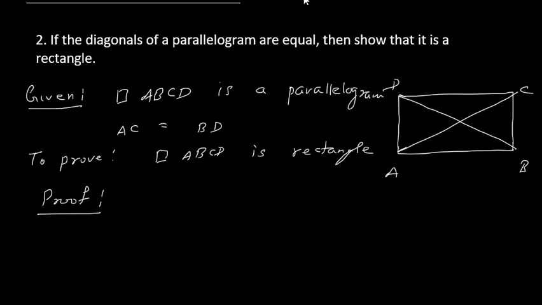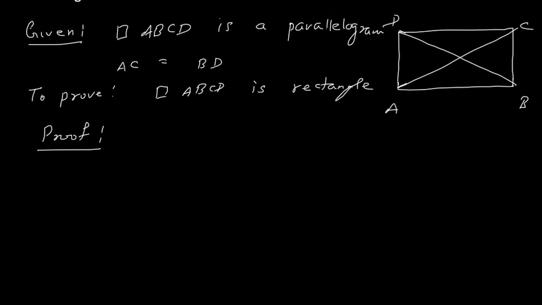So as I get angle A 90 degrees, angle B 90 degrees, I can say that angle C and angle D in the same way will also be 90 degrees, and this ABCD is a rectangle. This is how we have to proceed. So let us start. In proof, I will say that in